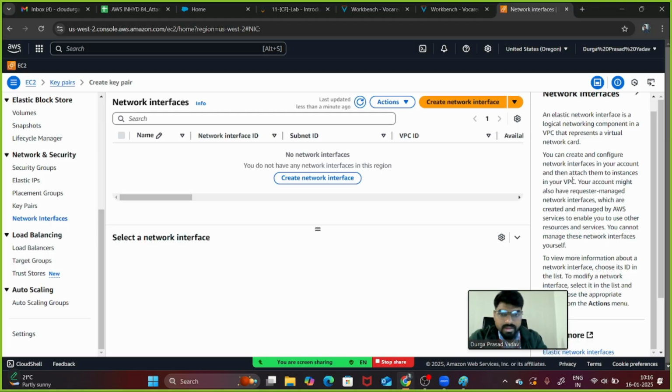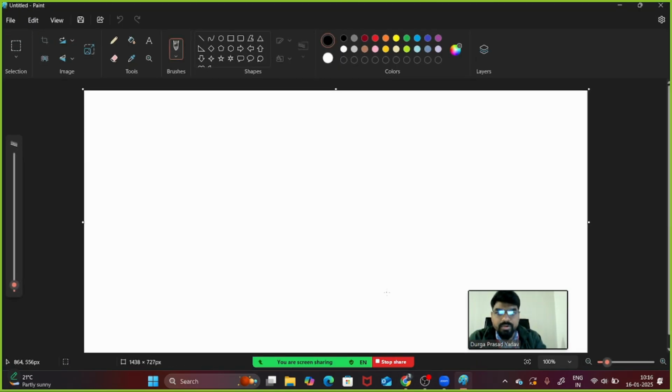Now in AWS, we are learning the elastic network interface card. How does it work? Let's say you are creating a virtual machine, a VM.